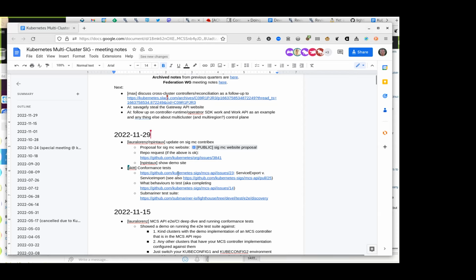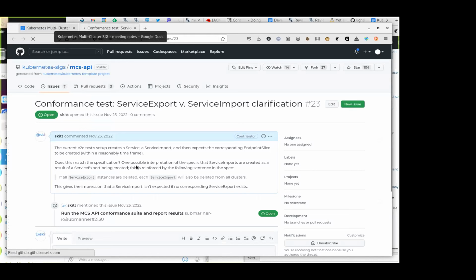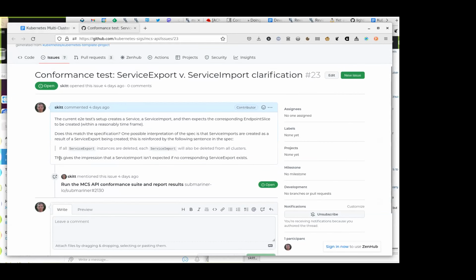This raised a few things, so I opened an issue and some pull requests, and I thought it would be worth bringing them up in the call. The first one surprised me a little bit, because this is the first hurdle that Submariner ran into: the test is entirely based around service imports and endpoint slices.